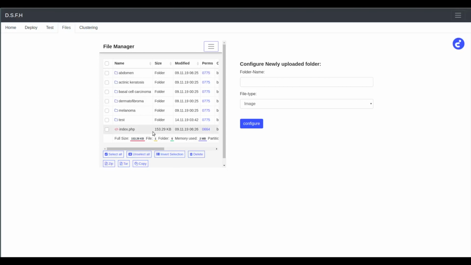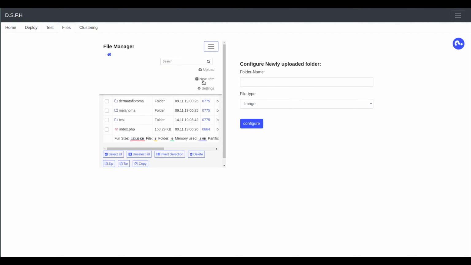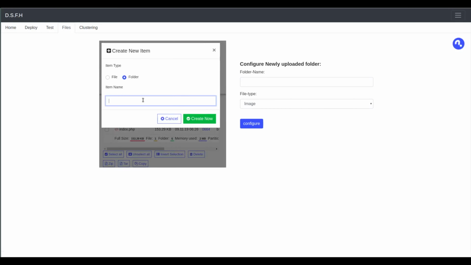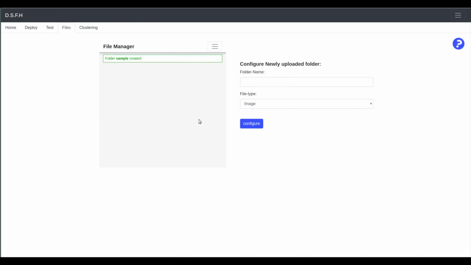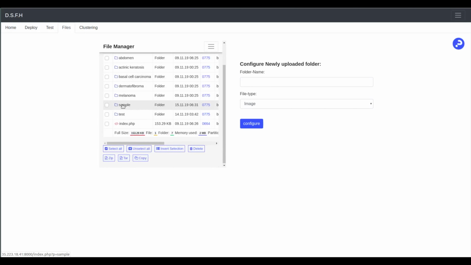In order to upload an entire folder of images, you would go to the Files tab, select the File Manager options and choose New Item. Give the folder a name. I'm going to give it Sample. And once it's created, open up the folder